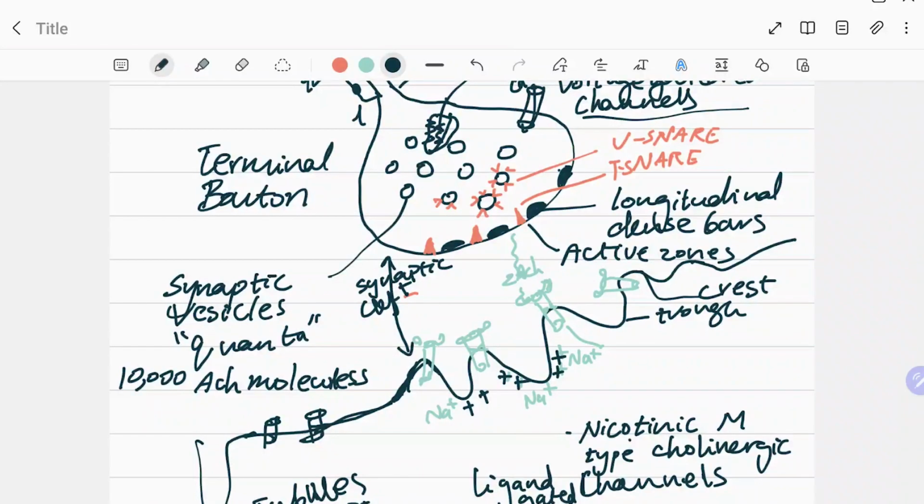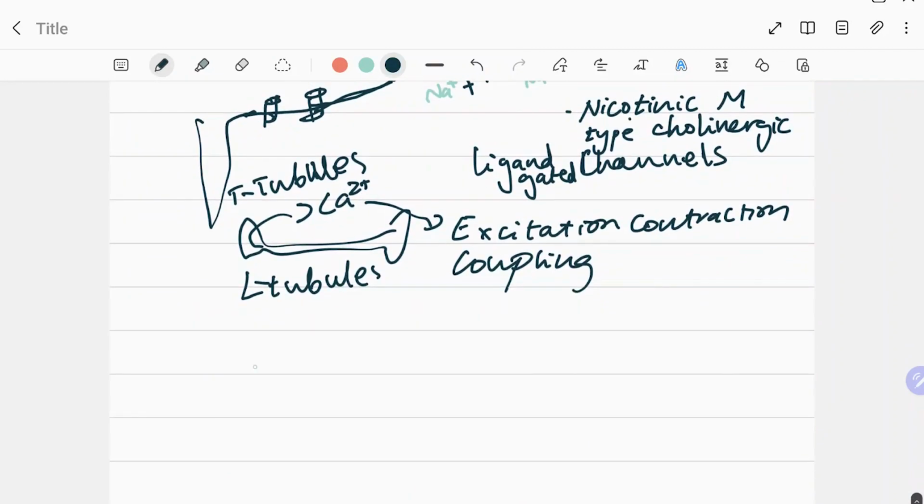Before we move on to the next part of the video, I should tell you one more thing. Between this synapse, the terminal bouton, and the membrane of the muscle, there is a basement membrane that connects them over here. Now in this basement membrane, there is an enzyme called acetylcholine